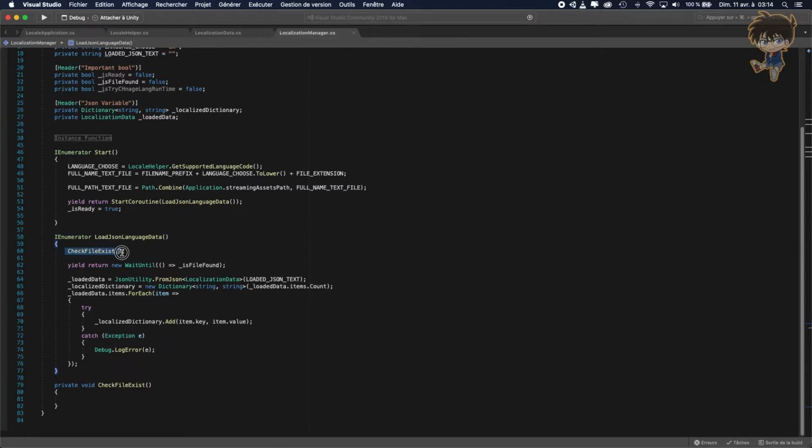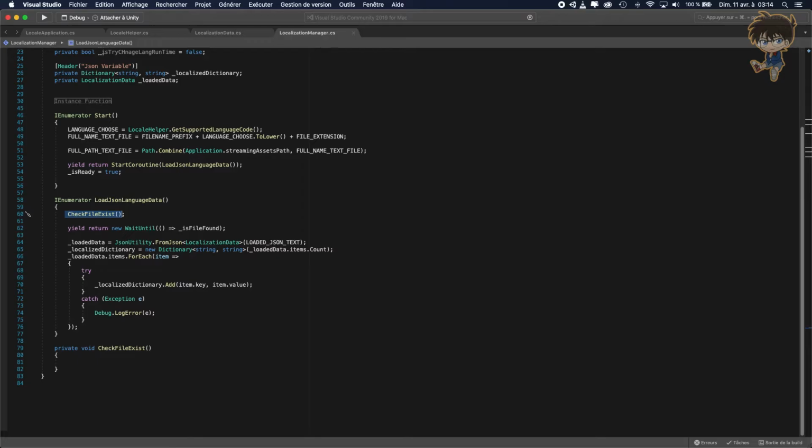Okay, so let's do our check file exist function. So what we want to check is File.Exists, very easy, and File.Exists takes the string corresponding to the path. Hopefully, we already got a string for the full path text file. And what we want to do in this text file, if the file is not existing, we want to,